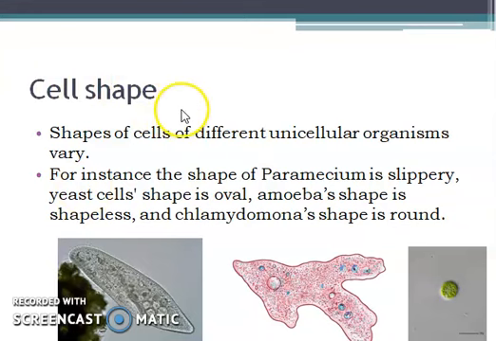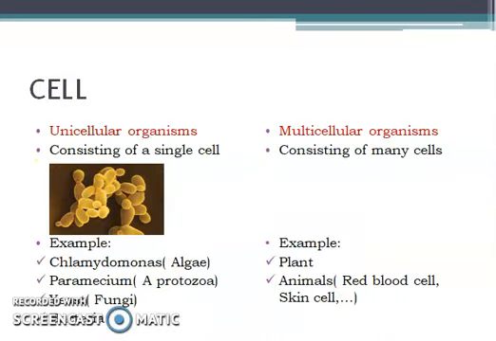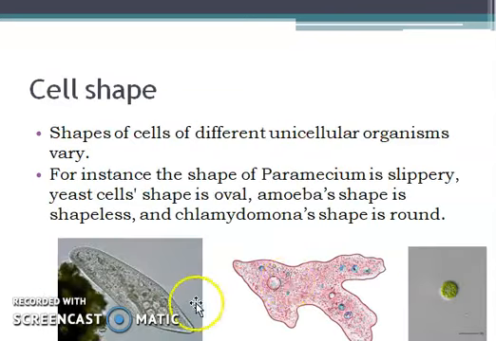The next one is the cell shape. So የተለያዩ cell shapeዎች አሉ different unicellular organisms ለምሳሌ different shape ነው ያላቸው ለምሳሌ paramecium ስናየው እንደ ሲሊፐር የሆነ shape ነው ያለው yeast ስናይ yeast ቅድም እንዳየነው they have an oval shape እንዳየነው unicellular ላይ they have an oval shape amoeba ስናየው they're shapeless እንደምታዩት Chlamydomonas የምንለው this is an algae and it's round